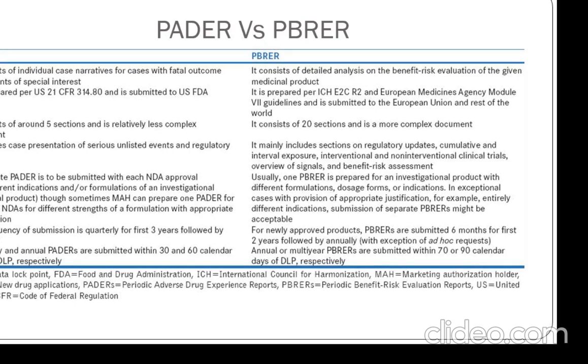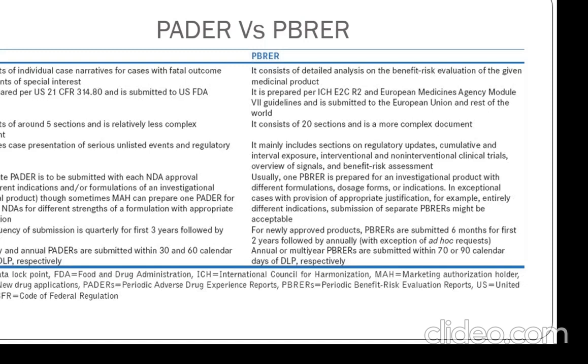Of course, there has to be a regulatory prescribing difference as well. 21 CFR 314.80, and it is for US FDA. On the other hand, PBRER is for the European Medicines Agency, and it is prepared according to Module 7. 5 sections, whereas over here it is 20 sections.